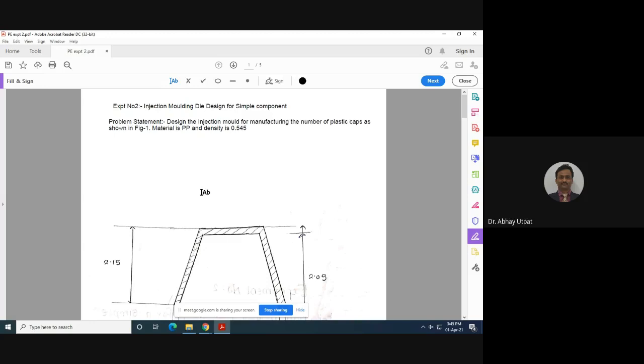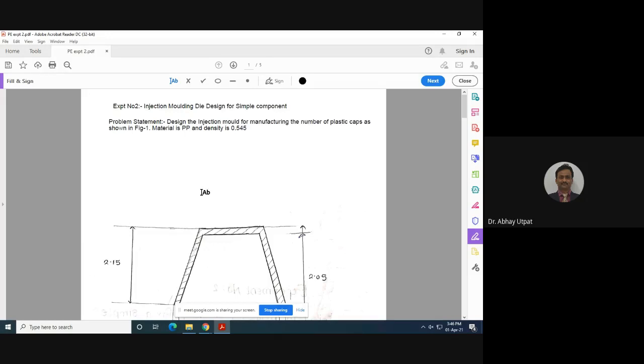So in today's practical, we are going to study how a die is designed, how you can design a die for any given component. You be a design engineer. Assume that after 2-3 months you have completed your degree and joined an organization and you are working in the design area. Some customer will come to your boss and your boss will accept that order, and that order will be given to the design department. Then your work will start. You will read that drawing, and from that drawing, you are going to put your idea on paper and then do the actual manufacturing. So in today's practical, we are going to see the same thing.